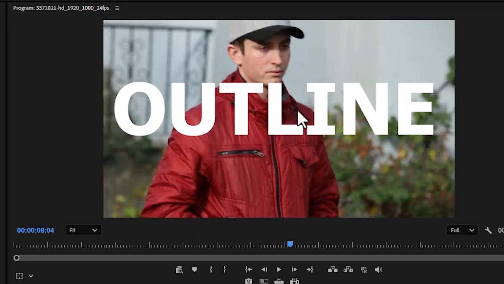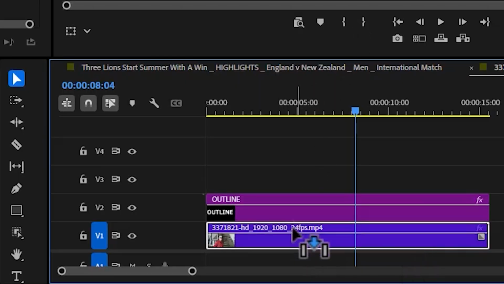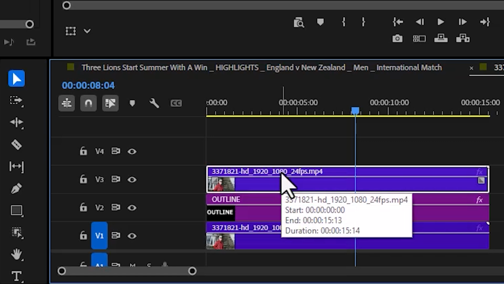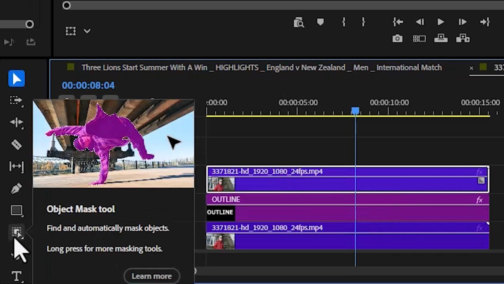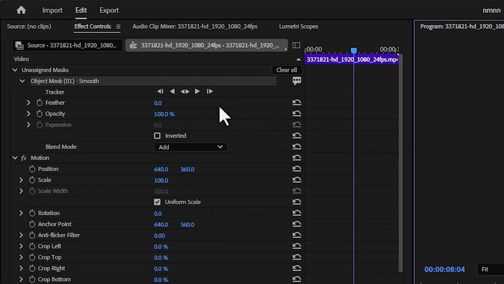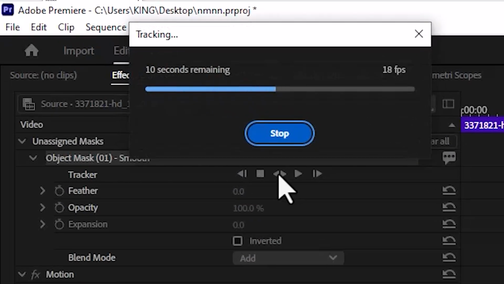the entire video. To create the text outline effect, select the video over here, hold Alt and drag it 2 tracks above to duplicate it. Select the duplicated clip in video track layer 3. Come over here and select the object mask tool and select your subject over here. And in effects control, select track, select forward and backward, and automatically Premiere Pro will mask out your subject from